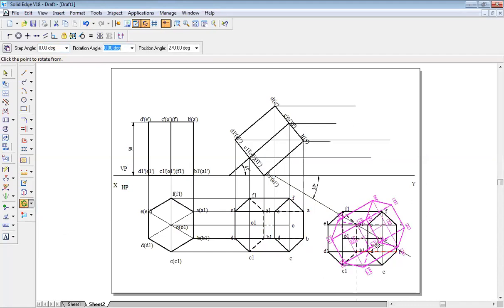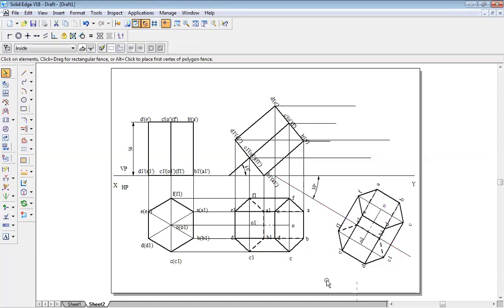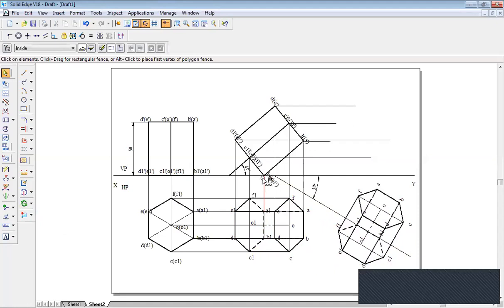Click on this end, rotate it on the line. So this is the edge inclined to VP. This is how you are supposed to do it. Now draw projection lines from each and every corner and complete the problem as you have done till now. The edge which is on the XY line will be the resting edge. So that is what the dotted line